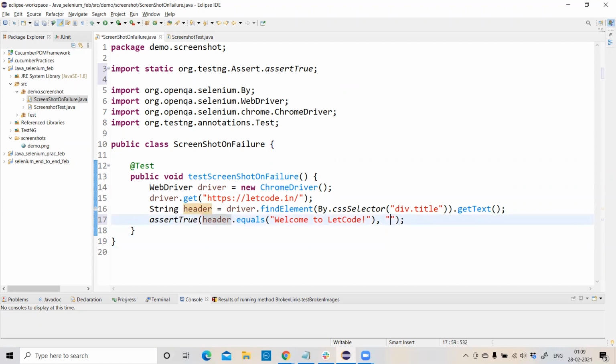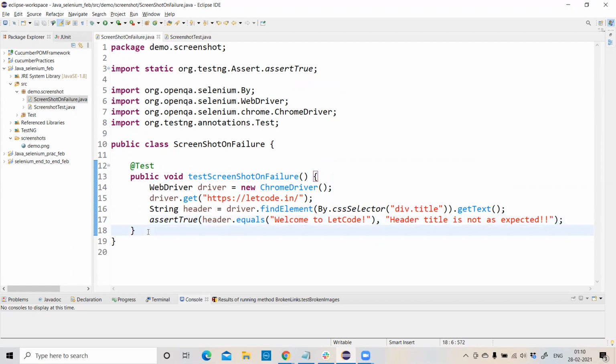If it is not matching, let's write an error message here: header is not as expected. So we have successfully written a test case here.